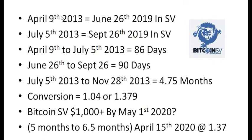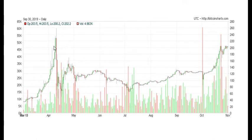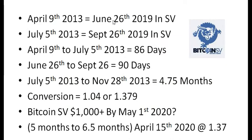And so April 9th, 2013 equals June 26th, 2019 in BitcoinSV. And so remember on the BitcoinSV how it was really long. It was like a month and a half. And so you could say it's maybe similar to this here. This was about a month. And so I don't know where to put that peak. But if we treat it like it's just one day,